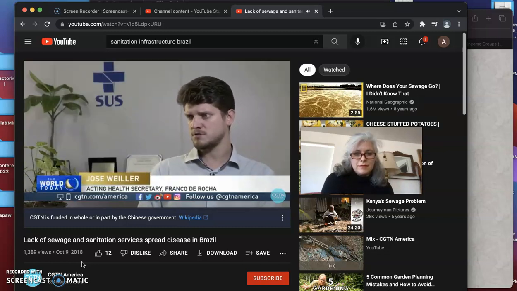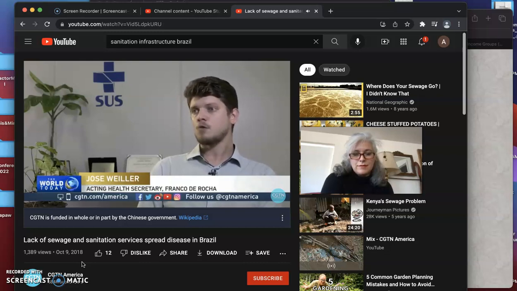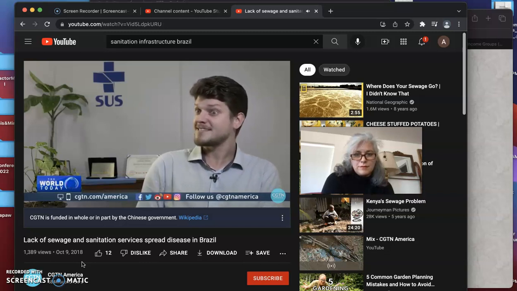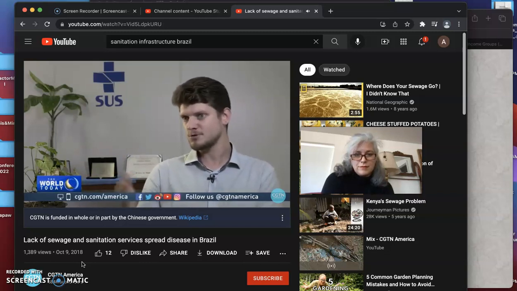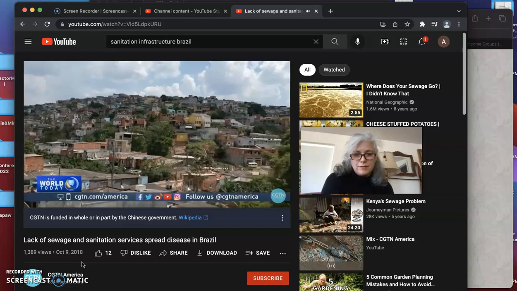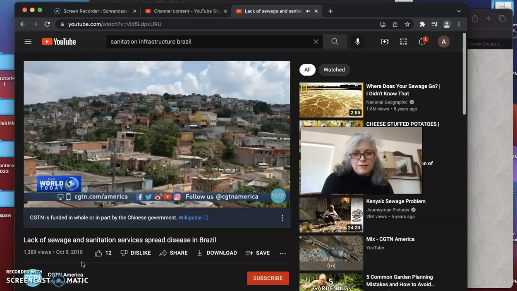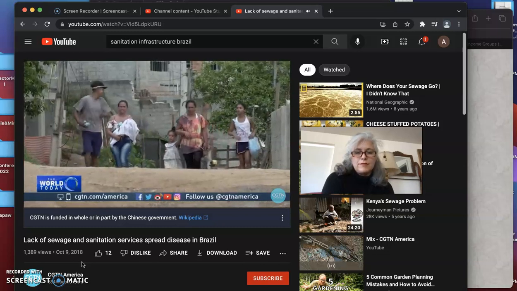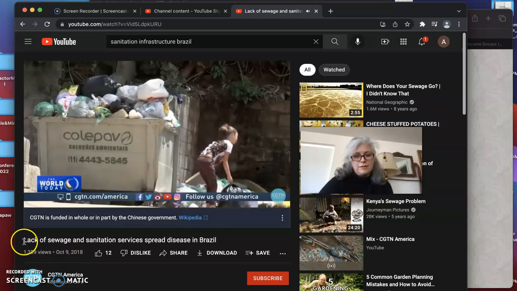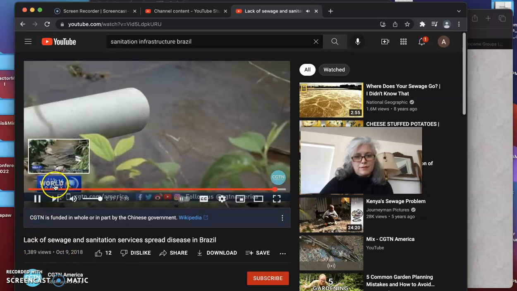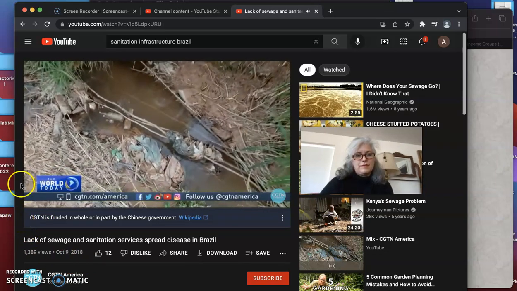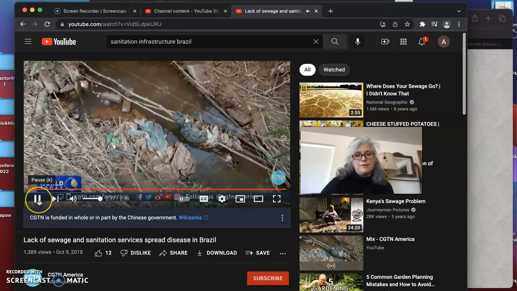Research done in Brazil, in Europe, and more recently in Africa shows that for every dollar invested in sanitation, you can avoid spending $16 down the road on healthcare. It's obvious. You avoid contamination. Addressing the sanitation deficiencies in a country the size of Brazil, with a population of more than 200 million people, is a huge challenge, but one experts say is critical to protecting the health of this developing economy. Paulo Cabral, CGTN, Franco da Rocha, Brazil.